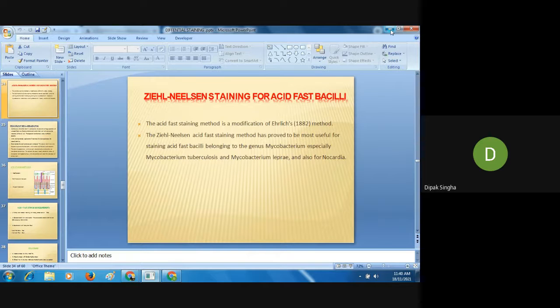Suppose someone gives you the name of the microorganism and the method. Some interesting tests are also there, in case of typhoid. What is the test of typhoid? What is the name of the typhoid test? To identify Salmonella typhi, by which test? Widal test, and so on. These names I told you, you can remember them.